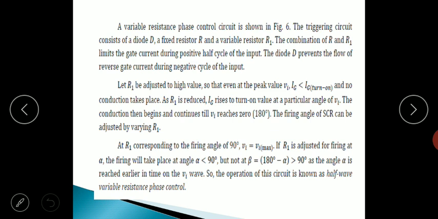Then we saw the characteristics of the SCR and defined various parameters like forward breakover voltage, latching current, holding current, and so on. And lastly, we saw one simple application of the SCR, how we can control the phase of the output, or the conduction of the current that flows through the SCR.